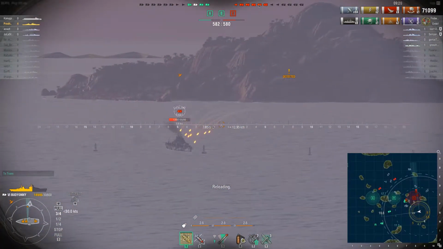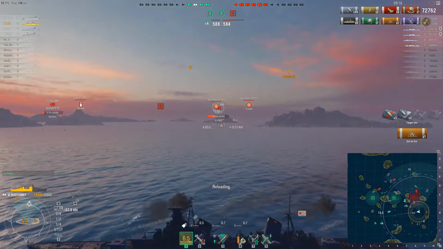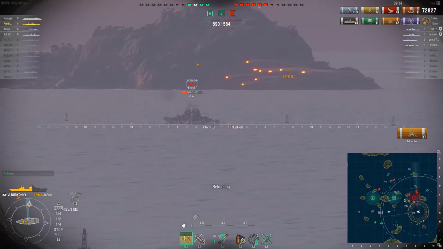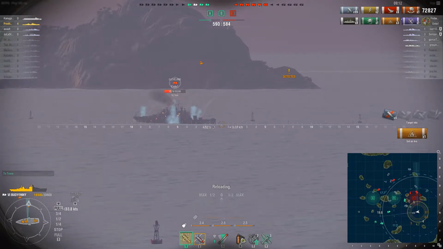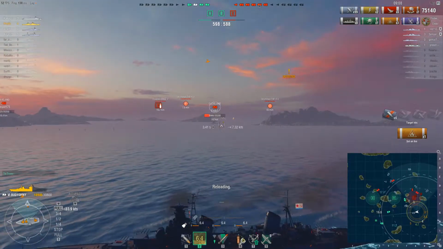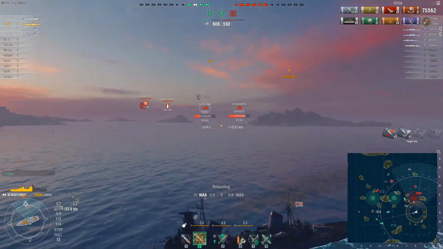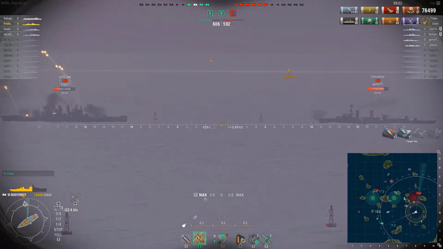Now we got a full salvo on the way for 1,400 damage, and we set him on fire, so we're going to fire again. Is he going to put the fire out? He does. And we set him on fire again immediately. Now here I probably should have fired a little bit higher. I'm so used to firing at water lines that even when I switch over to high explosive I sometimes forget. But we are switching over to armor piercing,